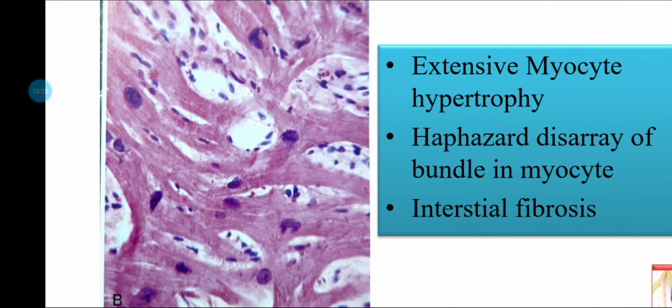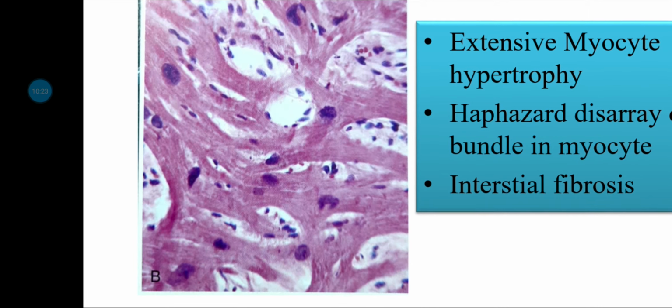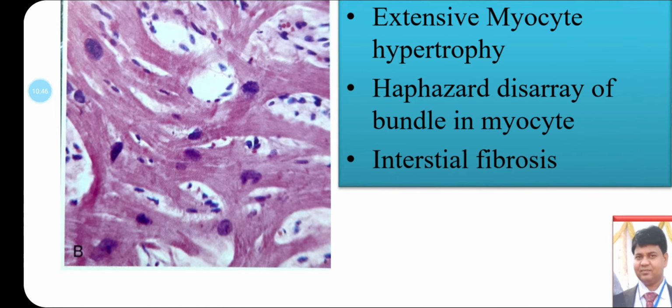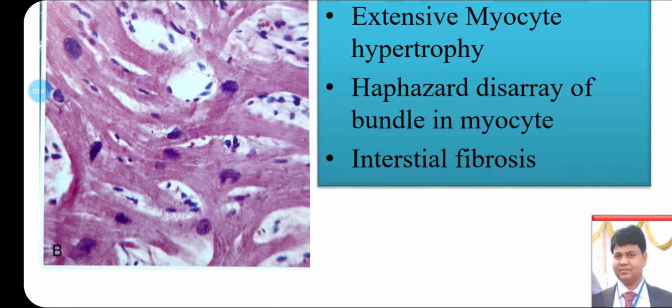And this is the diagrammatic representation. Here we can see the myocytes, and these myocytes have round to elongated nuclei along with deep eosinophilic matrix, and there is arrangement of these myocyte bundles. They are arranged in intersecting bundles, and this disordered arrangement is called myofiber disarray, and we can see the interstitial fibrosis as well. So these are the three important features which we can appreciate under the microscope.